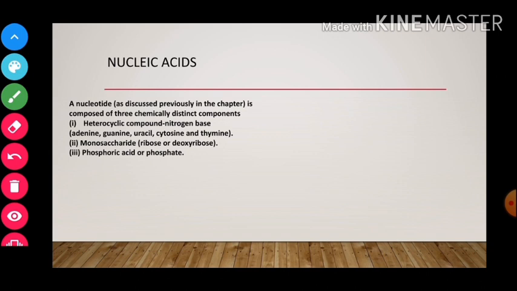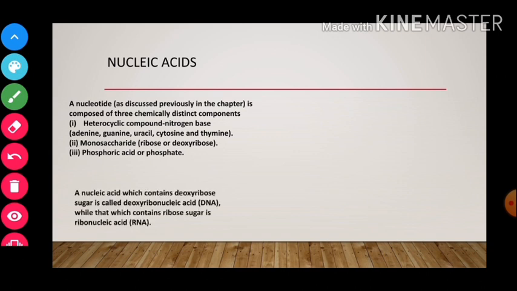Children, nucleic acid which contains deoxyribose sugar is named as deoxyribonucleic acid, while that which contains ribose sugar is termed as ribonucleic acid. And children, the adjacent nucleotides are held together by phosphodiester bond, right? Means